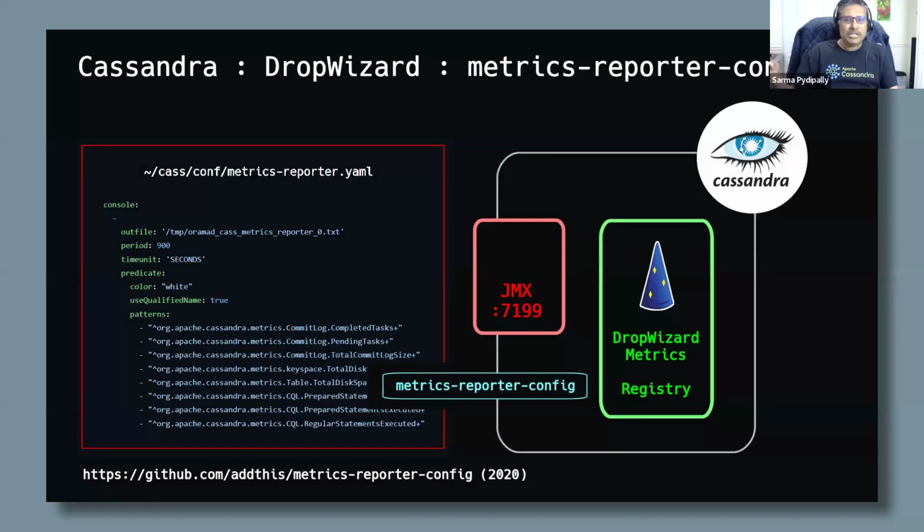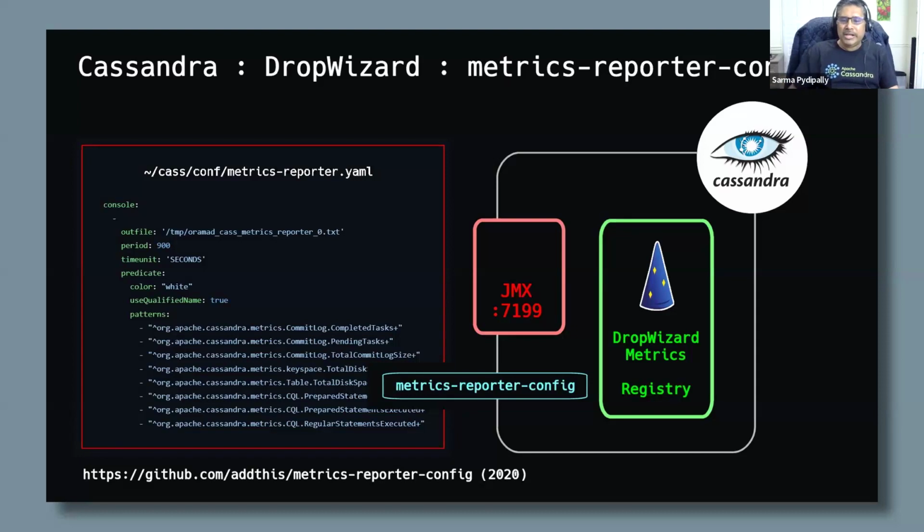But what we do is there is a simple metrics YAML file which comes today with every single Cassandra version. It comes when we download the tarball. And on your left side, you can see a sample of this YAML file. So basically what we are saying is, take all the metrics from the Dropwizard metrics registry at a given interval, like say 900 seconds here, and write all these metrics, whatever I'm whitelisting, into a text file. The text file has its own very basic format. You have to do something else to present it to Prometheus.